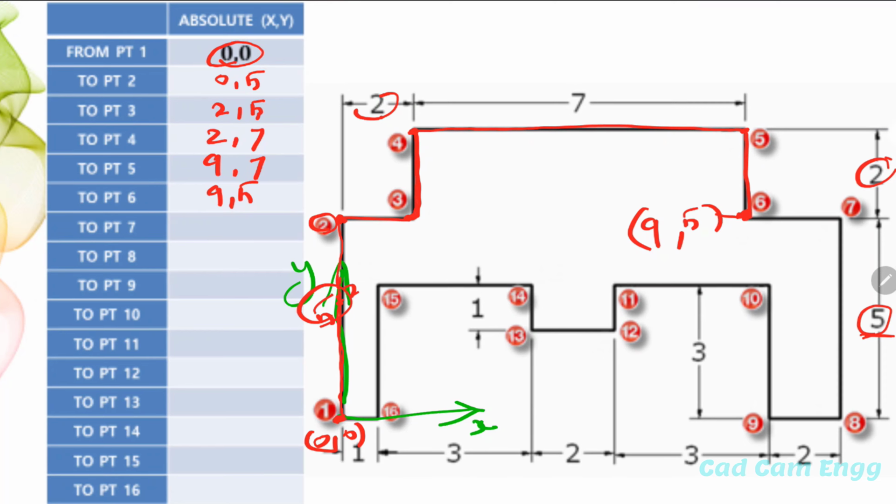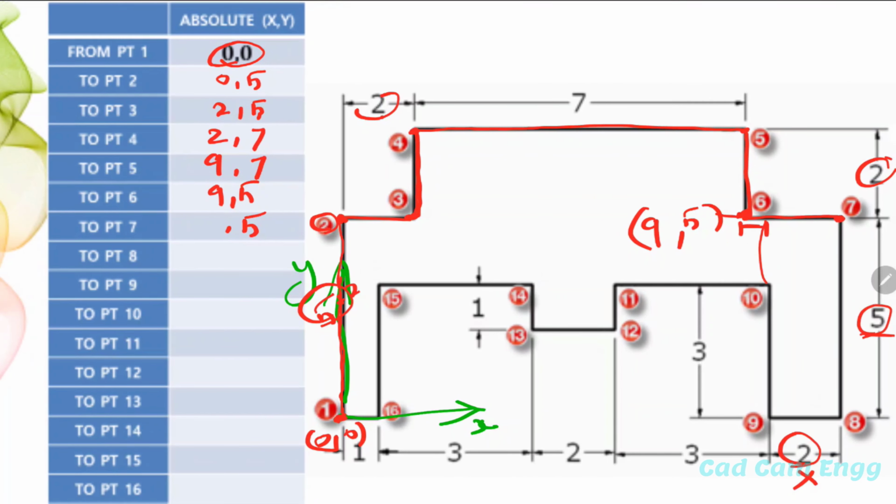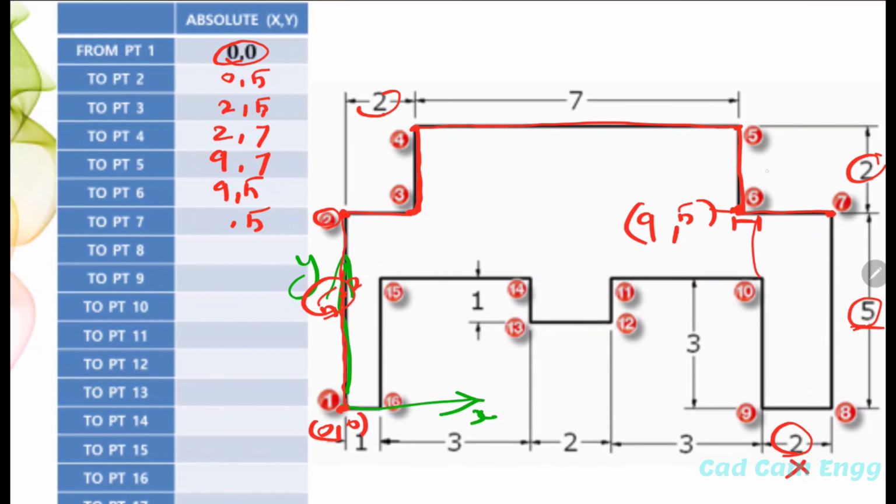Next, we move to point number 7. At point number 7, the y-axis never changes, so I give the same 5. But the x-axis changes. The x-axis is added, not reduced. How much is added? How do we find this value from 6 to 7? We know the total value here.